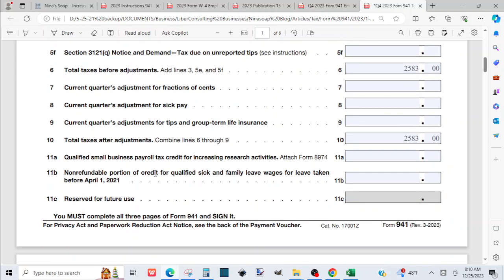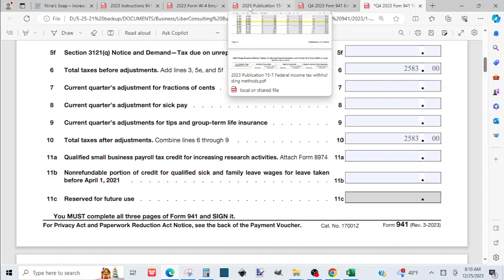Line 11 is about qualified small business payroll tax credits and non-refundable credits. So if those apply to you, you might want to read the instruction. For the qualified small business payroll tax credit, there is Form 8974 that you might have to complete and attach. And for the non-refundable credit and refundable credit, there is a worksheet at the end of the instruction for Form